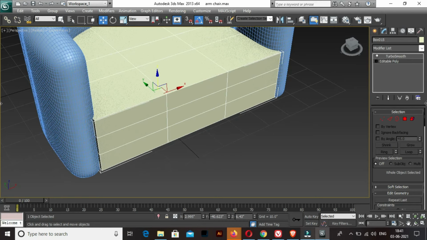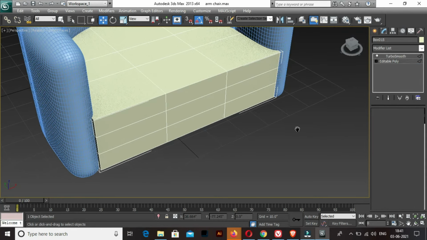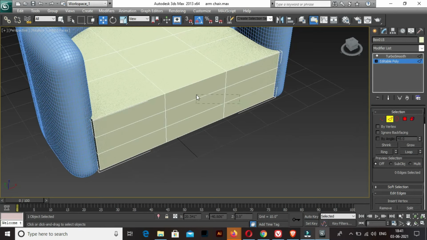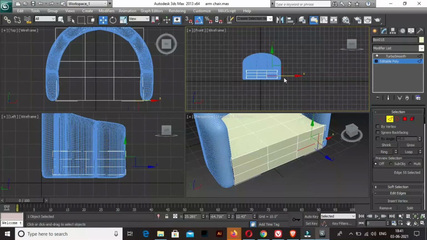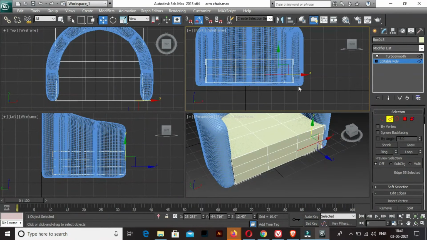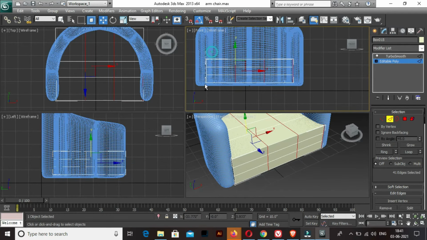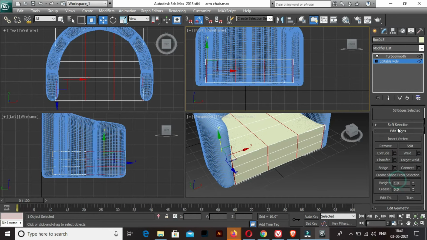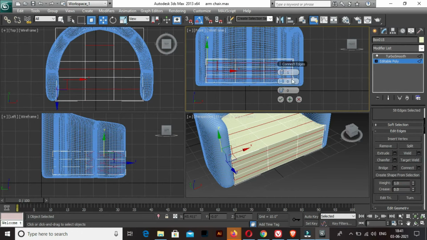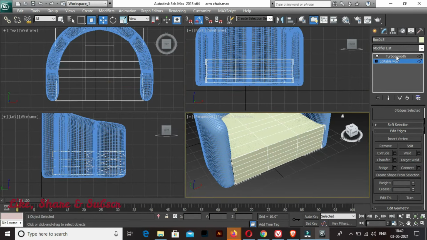So you can do that. I'm going to connect and I'm going to add a few more segments. Okay, and now Turbo Smooth.